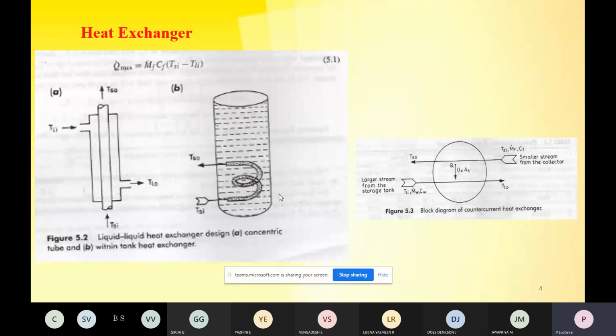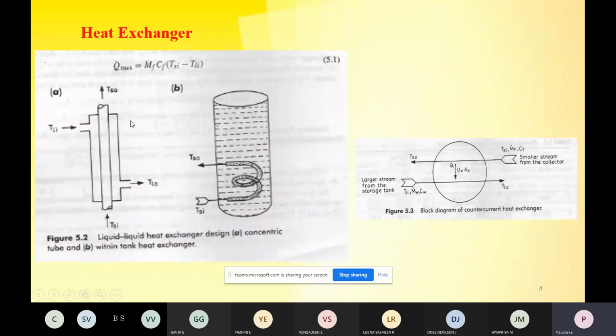It is cost effective, inexpensive, and easy to maintain. The performance of the heat exchanger is mainly dependent on its effectiveness concept. A counter current heat exchanger is used in this process. For simplification, you have seen a block diagram where there is a